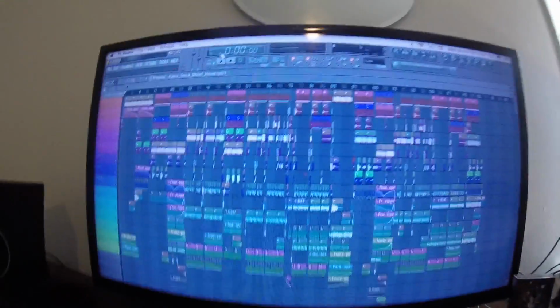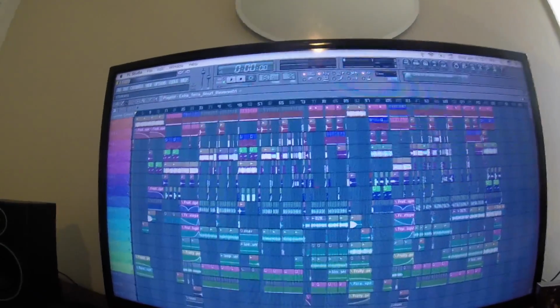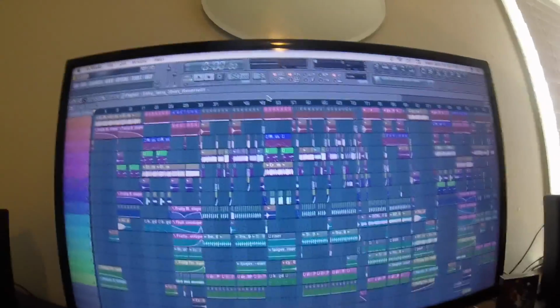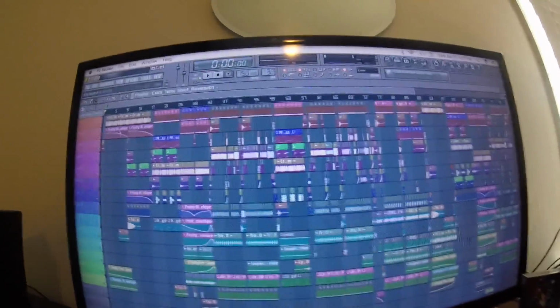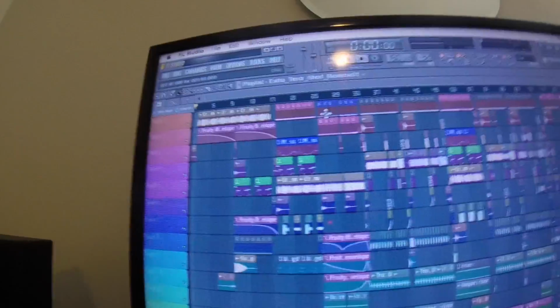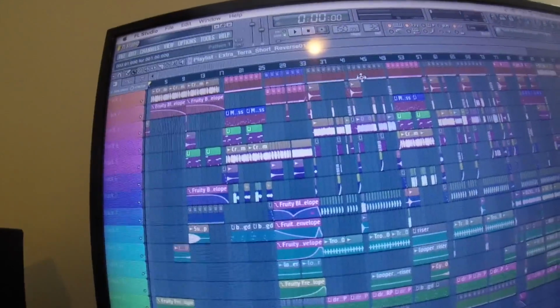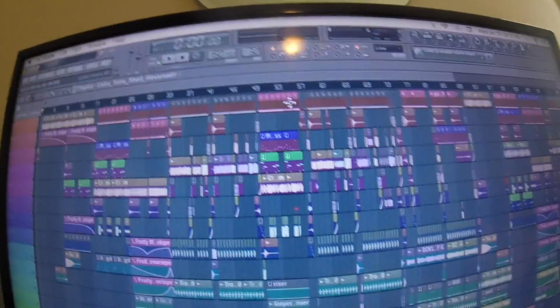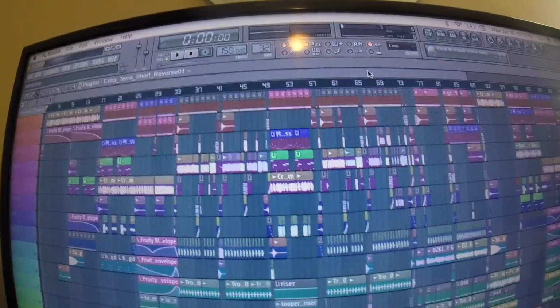Okay guys, so I'm about 98% done with the track, and I made basically all of the structure of the song, so I can go through the structure for you guys a little bit right now. So right here we have the intro, and then we have this verse, and then we have this breakdown and build up, and then we have the first drop, and then we have another breakdown, another build up, and then the second drop,